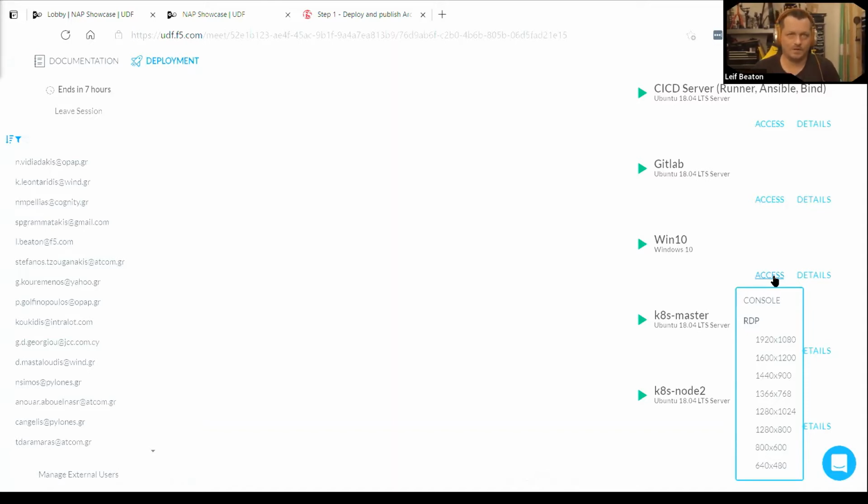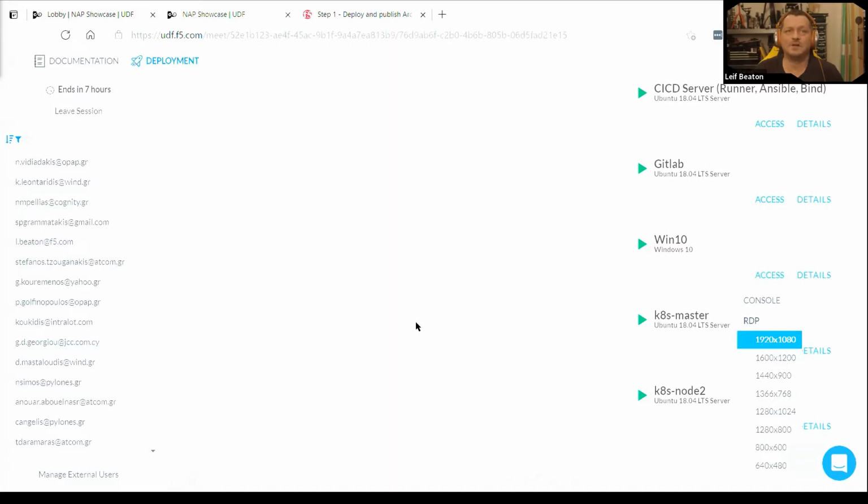If you have a full HD screen and you want to work in full screen, then 1920 by 1080 is fine. If you want to work in a windowed mode, then choose a resolution smaller than what you have. If you have a screen with a resolution larger than 1920 by 1080, you'll end up working in a windowed environment, but honestly, that's how I prefer it, so I'm not complaining. Anyway, when you click the link, you'll automatically download an RDP settings file. You'll likely see it pop up in the bottom bar of your browser, depending on what browser you're using. Just go ahead and open that RDP file.